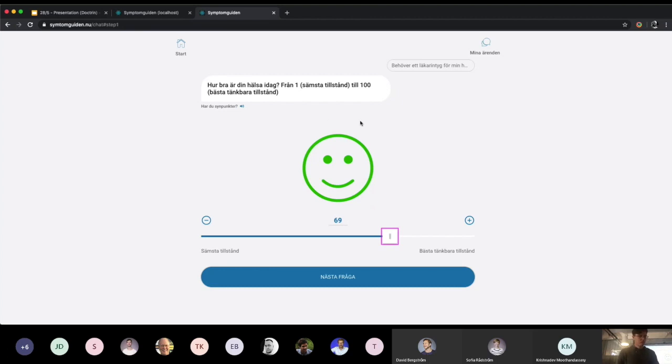So the service is WCAG compatible. I've tried it with screen readers, and you can tab through the interface using only the keyboard, and use the different inputs in this way.